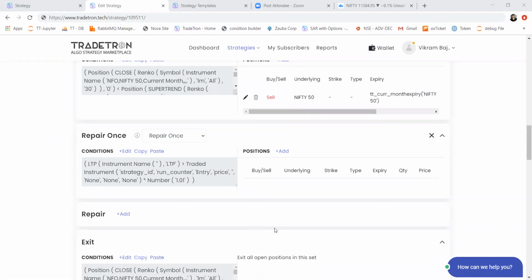For example, profit 1,000 or 1,500, which one exits first, repeated after 2 minutes? Sorry, I didn't understand your question. For these specific questions, please write to us at the support email. We will get back to you. I'm writing the email ID here.